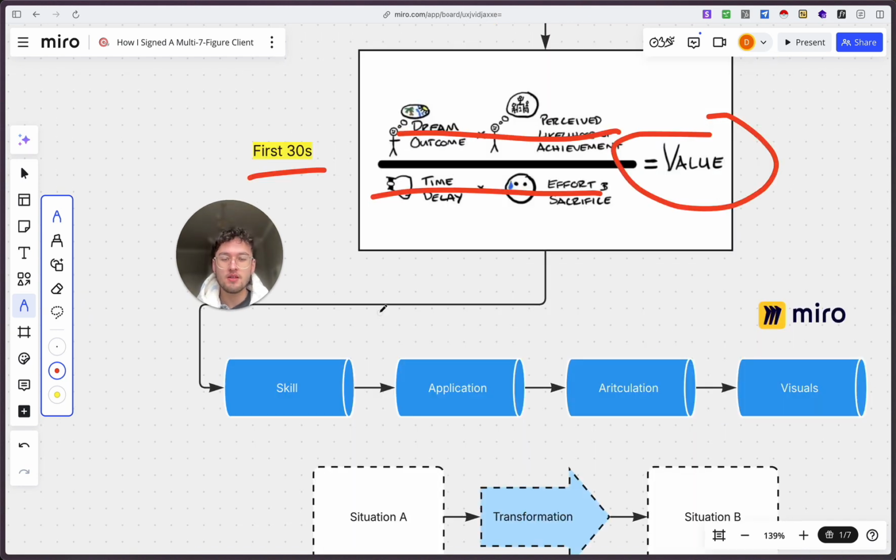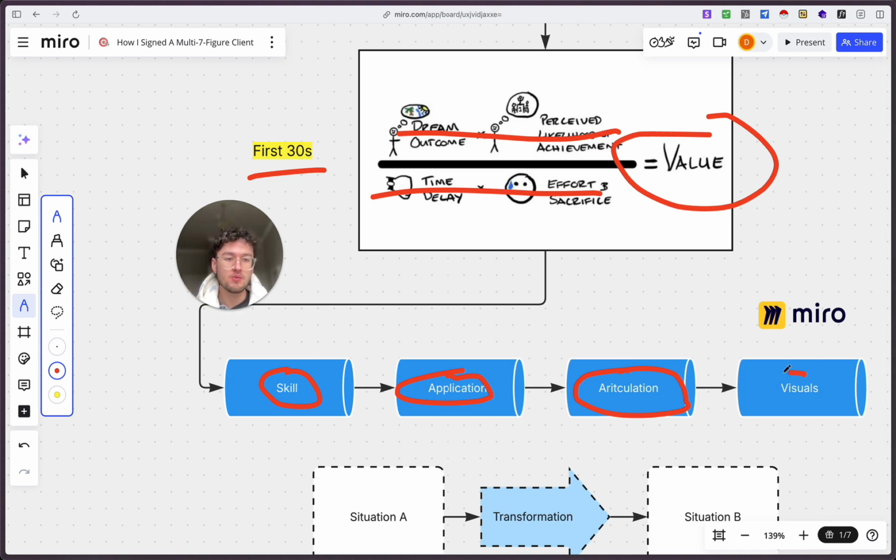So when it comes to making your videos, you're going to need to have a specific skill or piece of knowledge. You're going to be able to apply that knowledge or that skill to someone's specific situation. So in this case, the skill might be scaling a coaching business or working as a growth partner to scale a coaching business. The application would be, how do you actually do those things? So what's the strategy? How do you implement it? The articulation would be the ability to voice these concepts and explain these concepts to you over a YouTube video.